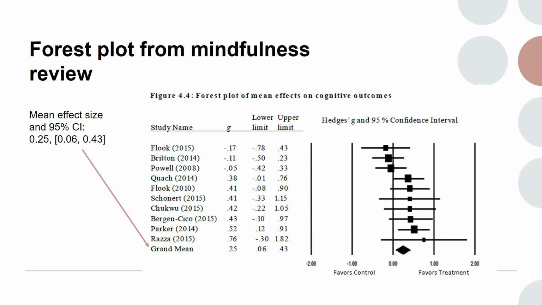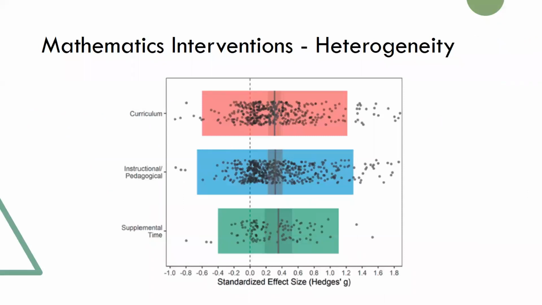Not all the studies are universally in favor of mindfulness for increasing cognitive outcomes. And that's getting at that second question of meta-analysis: how varied are our results across studies? Okay, so here's a graphic from the mathematics intervention